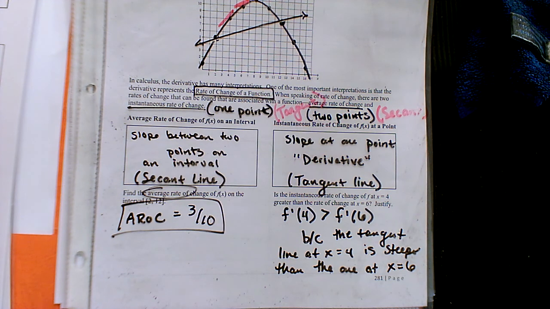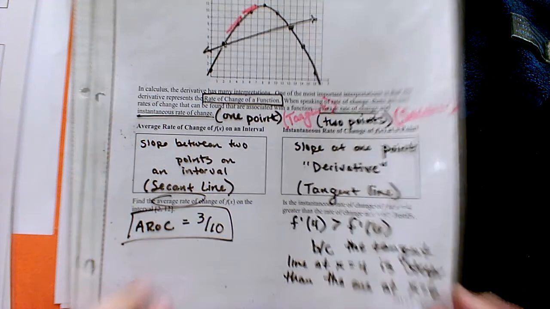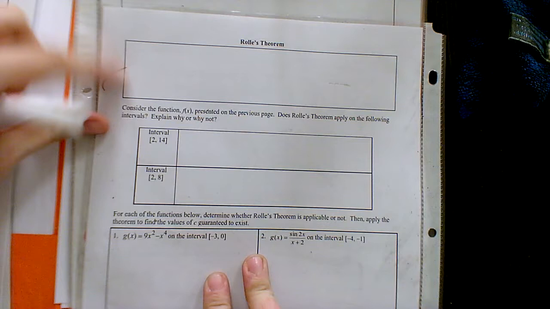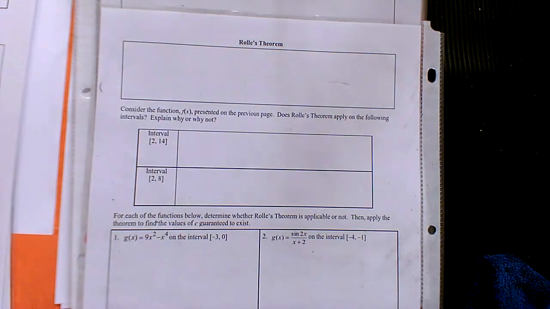All right, so these two different types of rates of change are going to lead us into these two theorems that we have in calculus, the mean value theorem and Rolle's theorem. Now, they're essentially the same theorem. There's just a slight difference between the two. That's why one is actually named after a person and the other one is more generic. Okay, so we're going to investigate that a little bit more today. So we're specifically going to first take a look at Rolle's theorem. We're going to write it down. It's nothing too difficult to grasp, but then we'll take a look at some examples of how Rolle's theorem is applied to some graphs.